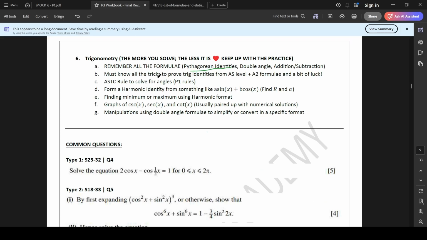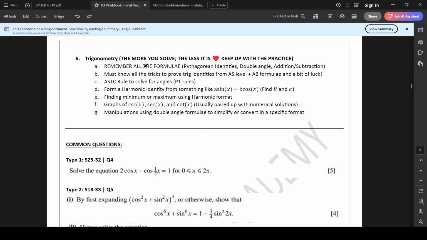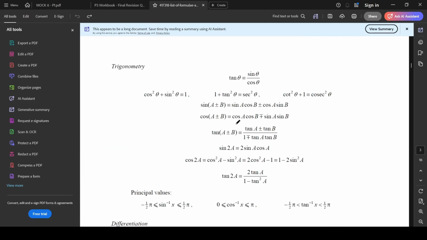Now, what is the reason that you should be remembering all the formulae on your fingertips, even though MF19 is already given to you? The reason behind this is, if you look at the question, the connection between the current step and how you can proceed to the next step so that you are one step closer to the answer, that connection comes to you naturally if you have all these formulae on your fingertips. Moving on to the next point,